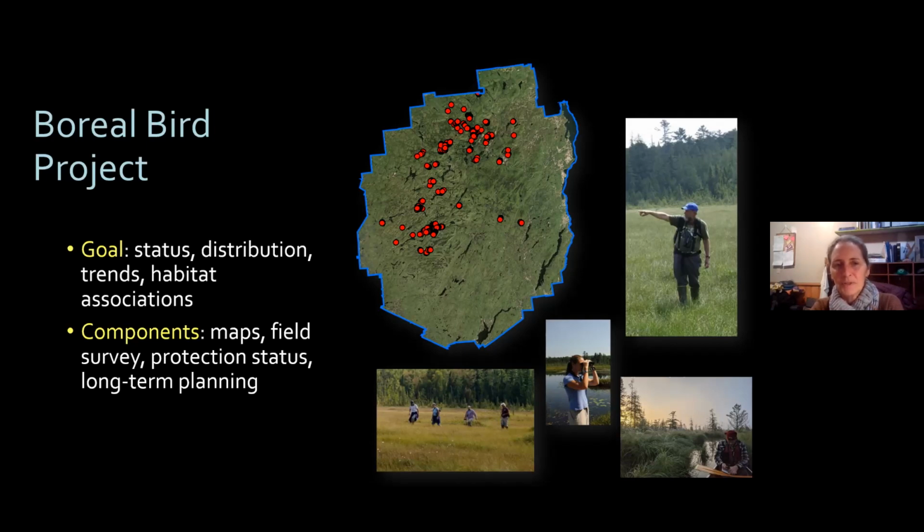These were habitats, some of the large, kind of spectacular and charismatic wetland complexes in the Adirondacks, fortunately have high protection on them, and they had been invested in by the state and by the Nature Conservancy and land trusts, largely on the basis of plant ecology surveys that had been done in these places, with less known about the faunal communities within them. And so we got a state wildlife grant that supported us in 2007, 8, and 9 with robust funding that enabled us to get this project off the ground and look at just baseline information of what is the status and distribution of these species, and what habitats are they in,